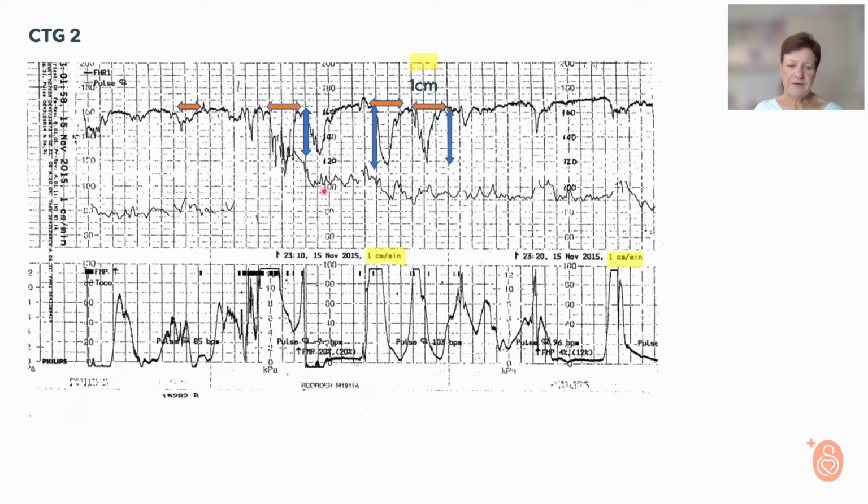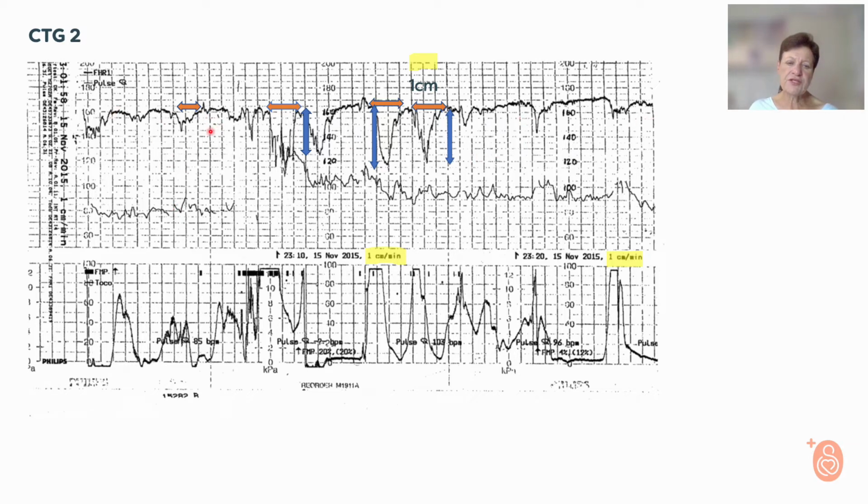But there's, for example, a deceleration without a contraction. There's a deceleration that falls just behind the contraction. There's a deceleration that falls here between these two contractions. So there's not really a pattern between the decelerations and the contractions. There's a long part of the fetal heart tracing where there are contractions without decelerations, and here again,